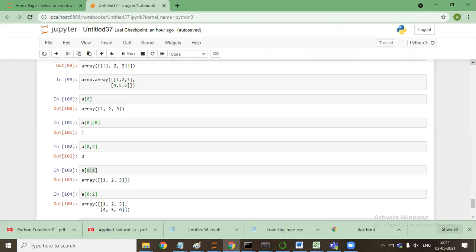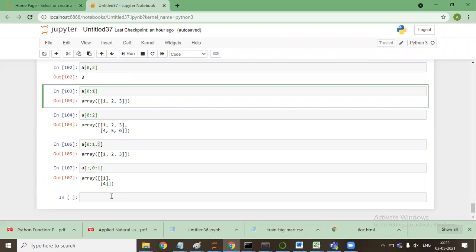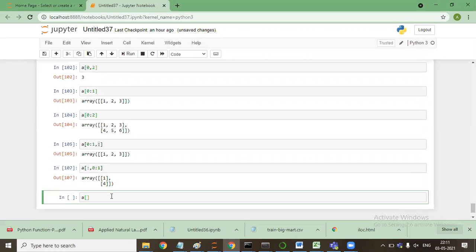Here I have created an array, np.array 1 2 3 4 5 6. I said a[0:1]. What does it mean? By default it is row. Let me write it down: a[this, this].